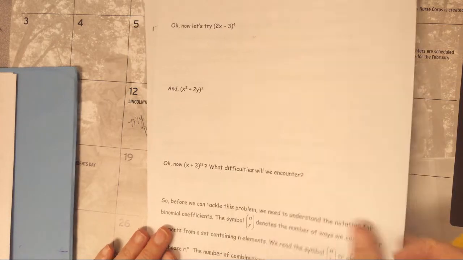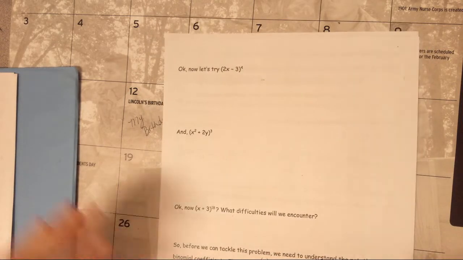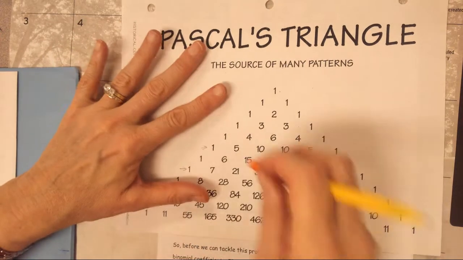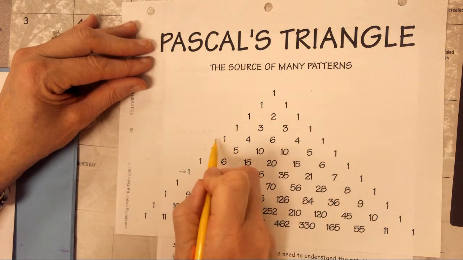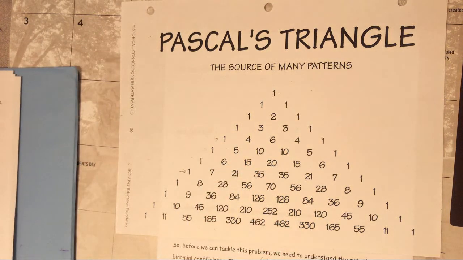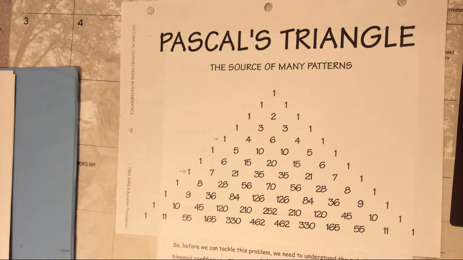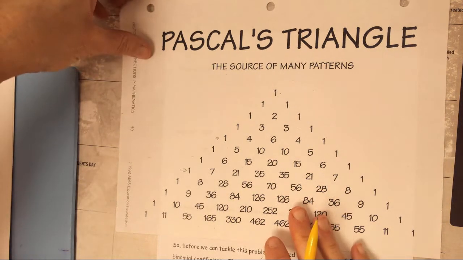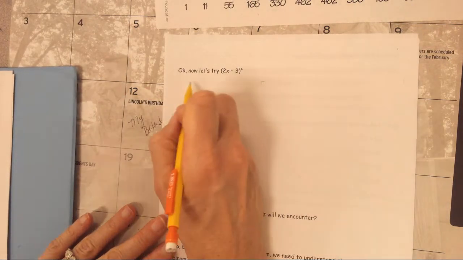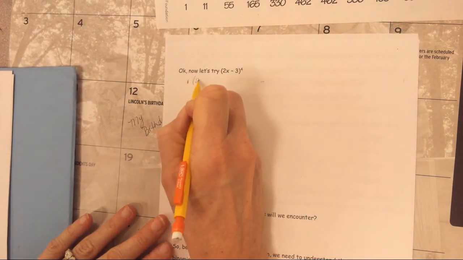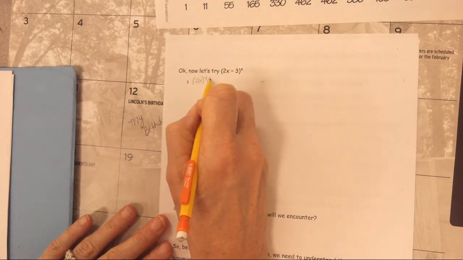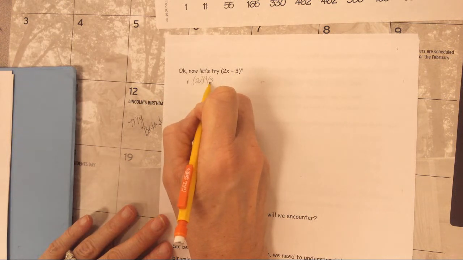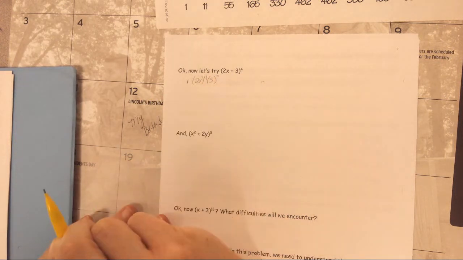So now we're going to try 2x minus 3 to the fourth power. So if I'm looking at my Pascal's triangle, I'm at 0, 1, 2, 3, 4. I'm on that row there. Now, you have to be kind of careful. So I'm going to have my 1, and then I'm going to have my 2x to the fourth power, my negative 3 to the 0 power,